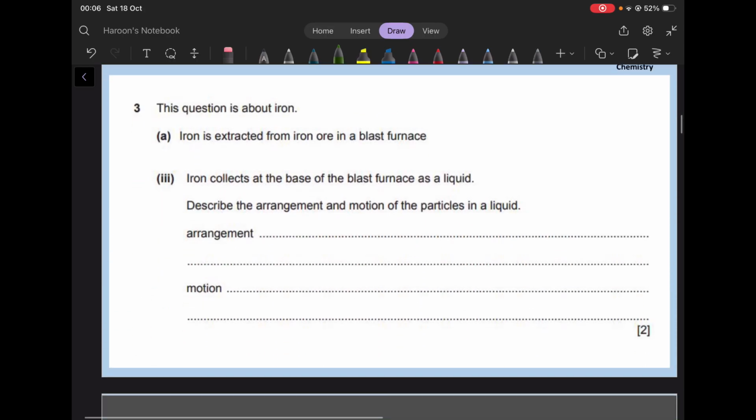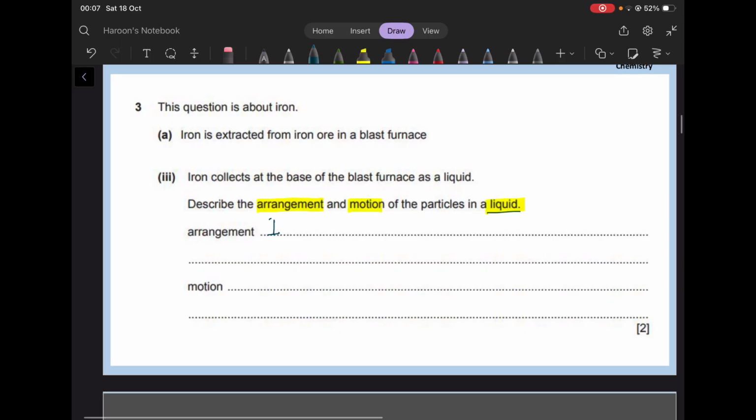Next question. This question is about iron. Iron is extracted from iron ore in a blast furnace. Iron collects at the base of the blast furnace as a liquid. Describe the arrangement and motion of the particles in a liquid. So, once again, liquid is the key word, and we need to give specific answers related to arrangement and motion. As far as arrangement is concerned, whether regular or irregular, solids have a regular arrangement, liquids and gases irregular. So this is a liquid, so